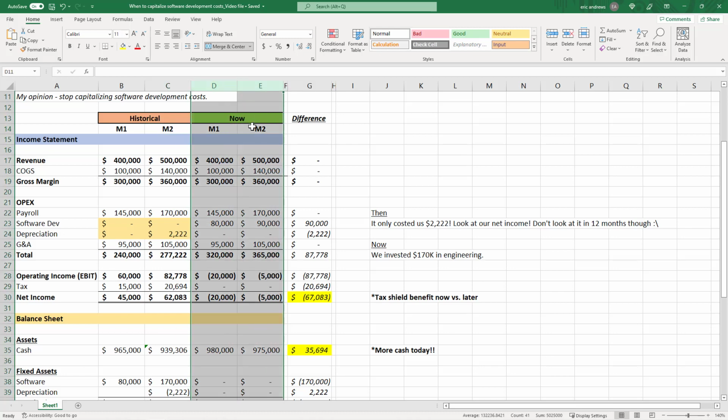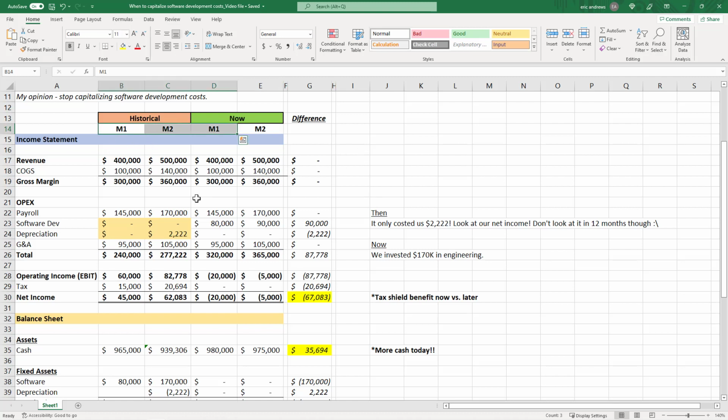And then now, most startups at least are moving towards basically just expensing everything now. And I'm going to talk to you about how it hits your financial statements differently. And actually, there's that tax shield, which is favorable for cash. So let's talk a little bit more about this. So historically, and obviously I oversimplified this, but it's just to kind of call out specifically this software development depreciation